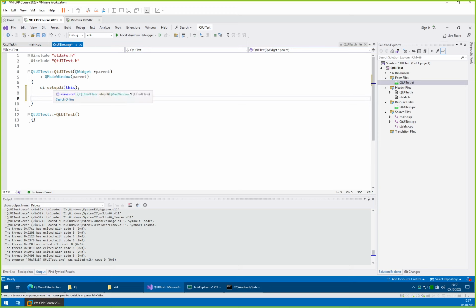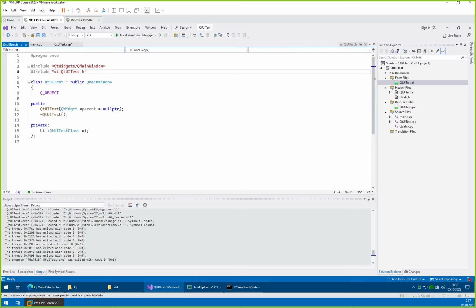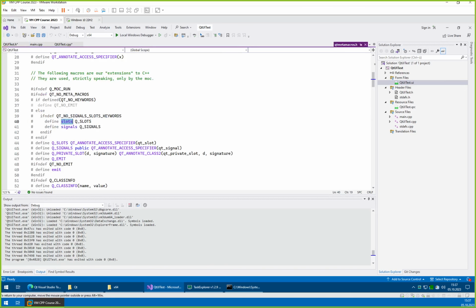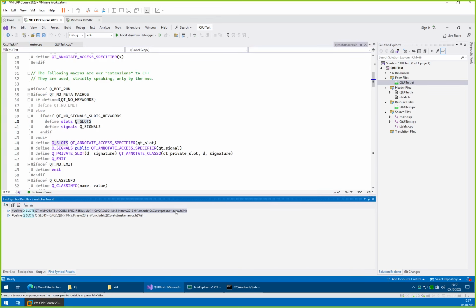So here we will first start with creating a couple slots for our 3 buttons. On new, they're extra trivial. They don't have even an argument on open and on save. Oops. Of course, how you call them is up to you. The only thing that is important to define something as a slot is that you need not to just define something as public, but you need to define this public slots. And the slot as such is just defined in Qt first as Q_SLOTS, which is then somewhere else